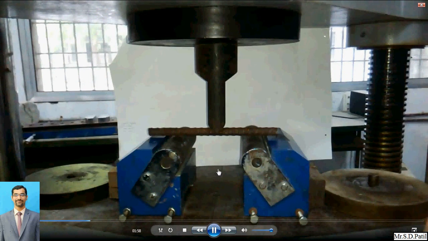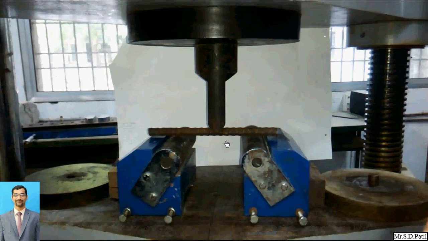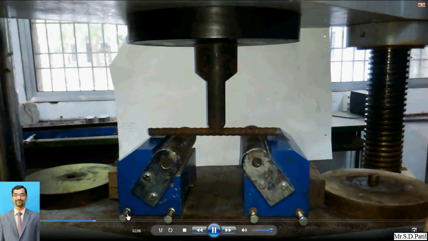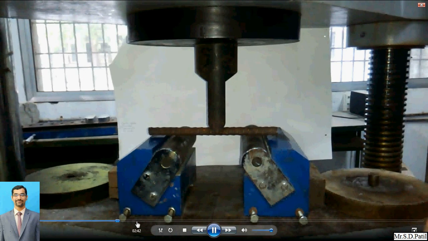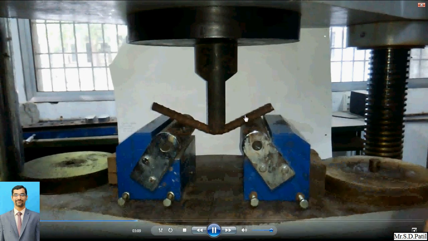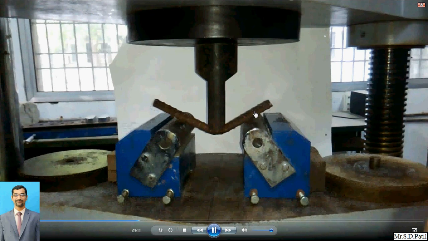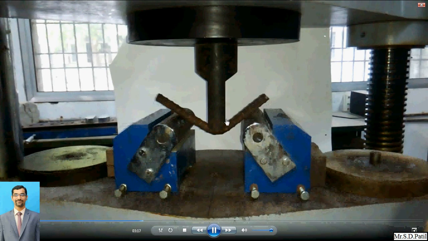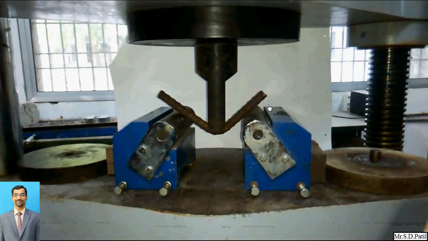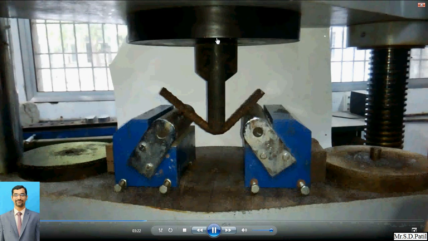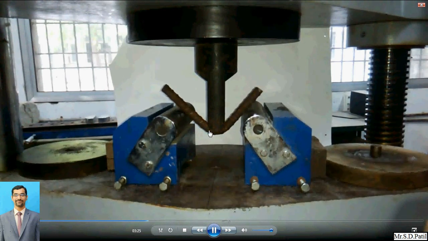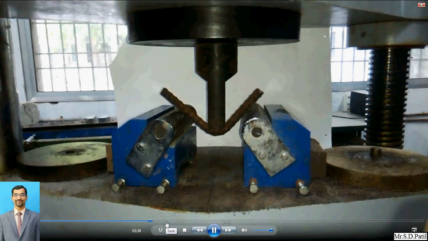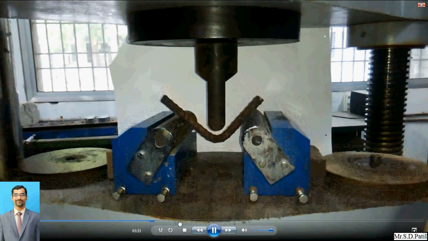After conducting the first test on the first bar, the second bar has been applied. Now the force has been increased. After the increment of the forces, we can see this kind of bending shape. It is very important to set this bar exactly at the location. We have to apply the force at the center of the component, which is a very crucial, or critical, stage for the specimens.